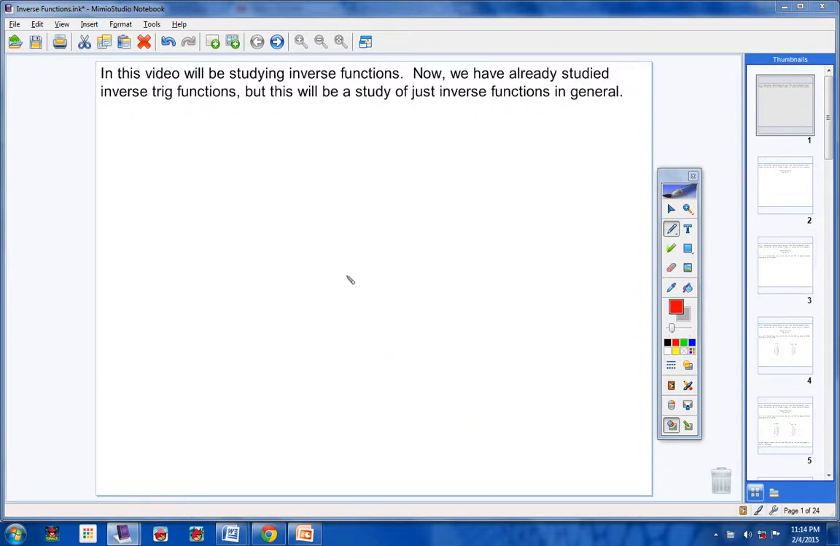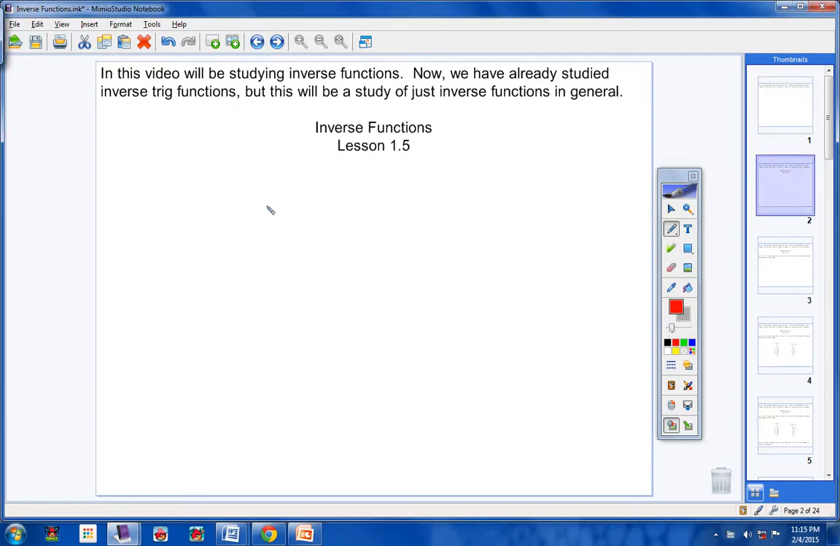Now students, in this video today we will be studying inverse functions. We have already studied inverse trig functions, but this is a little different. This will be a study of just inverse functions in general, okay? Your heading for today is obviously inverse functions, so please write that down, inverse functions, and the lesson today is